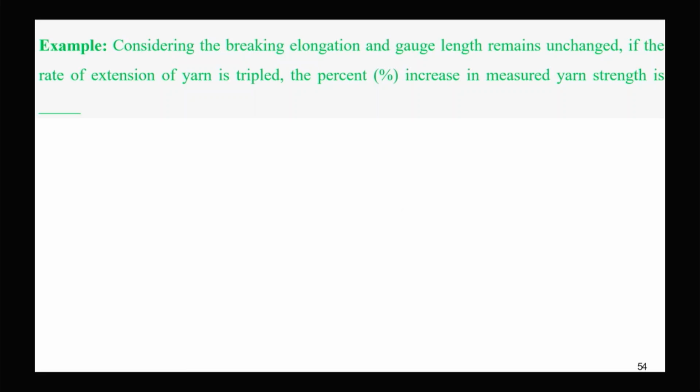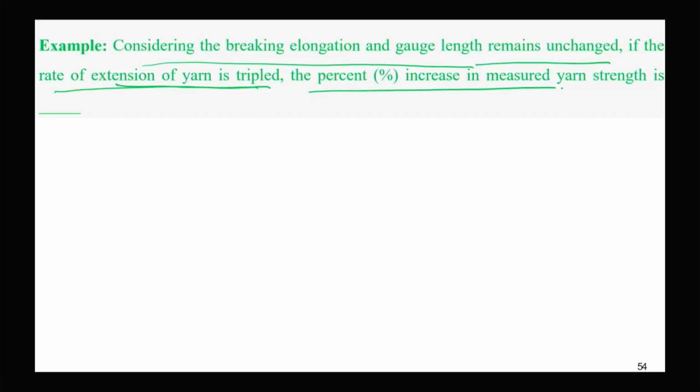Now let us try to solve a few numericals which will make our concept clear. Considering the breaking elongation and gauge length remain unchanged, if the rate of extension of yarn is tripled, we are increasing the rate of extension by 3 times. The percent increase in the measured yarn strength would be, so we know the standard relationship